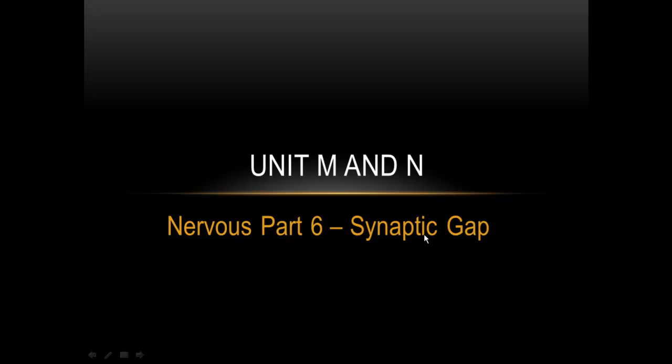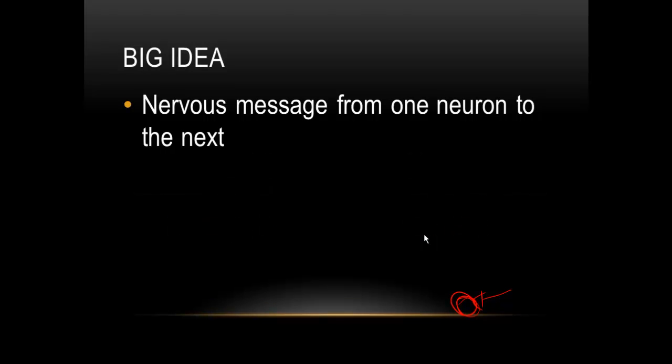This is Unit M and N, Part 6 of the Synaptic Gap Story. So let's get started. This unit covers what we talked about in Part 5, a nervous message traveling along one neuron. This now is the continuation of that idea. When the nerve impulse gets to the end of one neuron, how does it travel and connect to the next